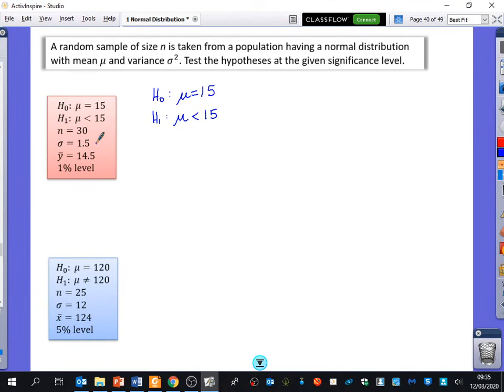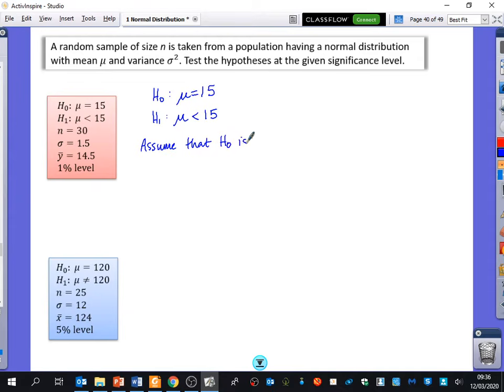The standard deviation of the whole population was 1.5. And when I did these 30 chocolate bars, I actually found out that the average was 14.5. And that made me think, okay, I think that the average must be less than 15, because I've weighed these 30 chocolate bars and I found out that the average was 14.5. So we now know we're going to assume